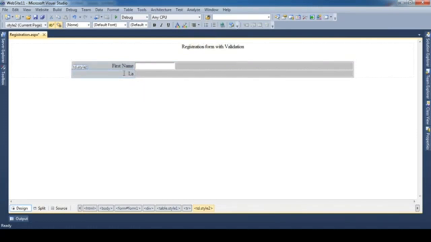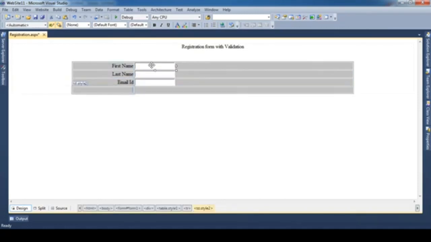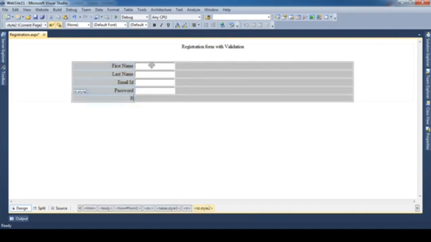Instead of changing the alignment of each cell, just select all the cells and set the common alignment. So for the first column of our table, the alignment is on the right hand side, and for the second column, where we are taking the text boxes, the alignment is left hand side. We are taking information like first name, last name, email ID, password.